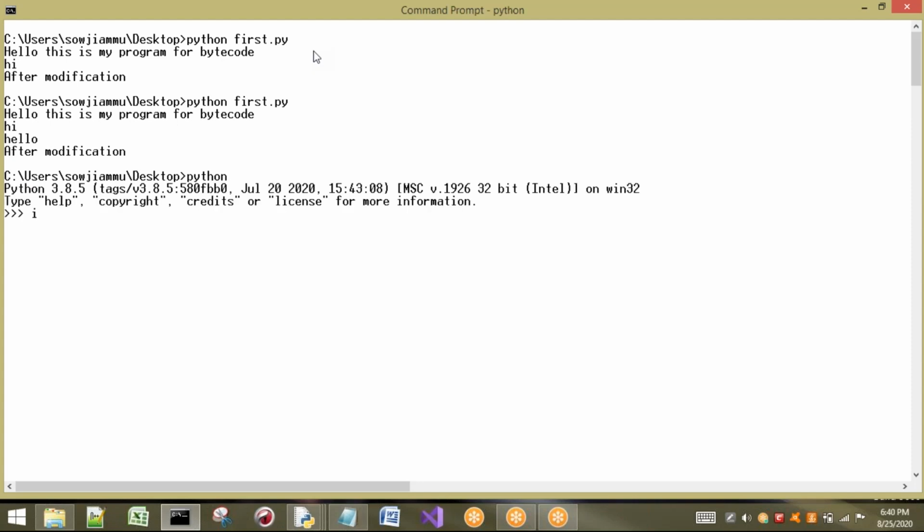I have to import a module named py_compile. So I am going to import the py_compile module. That means all the classes and functions present in the py_compile module are available in this shell now.